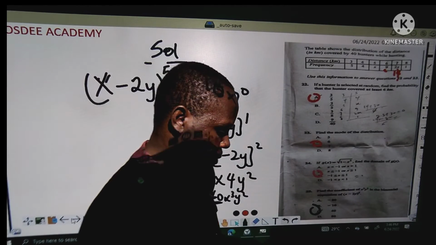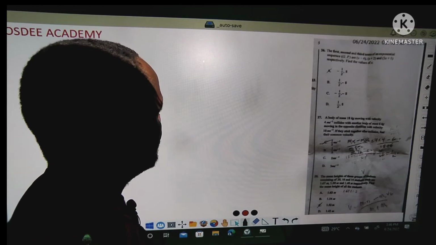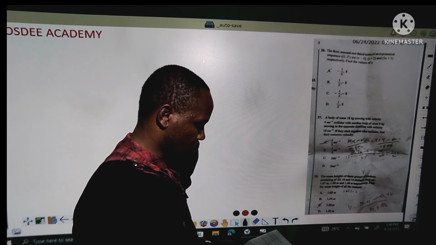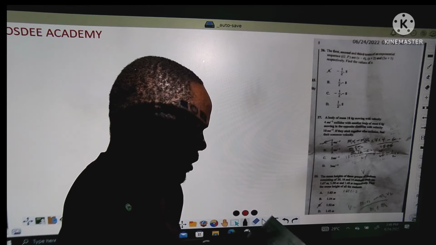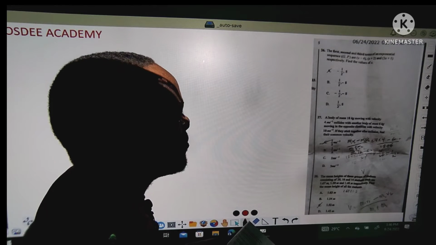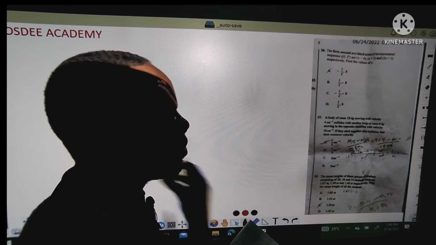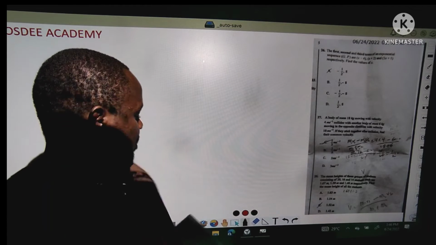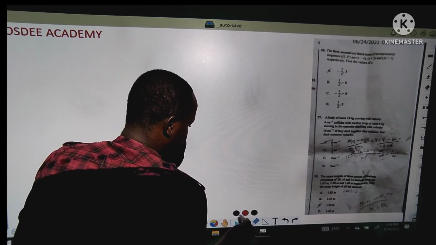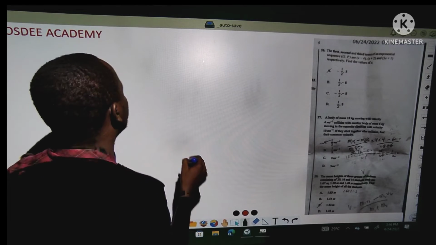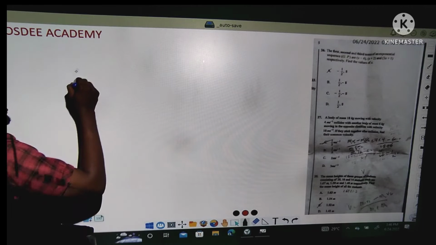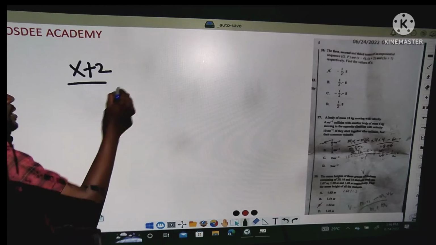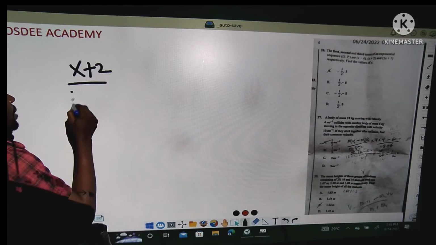Let's just rush the remaining ones. The next question says, wow, this is another problem. I'm reading from here: the first, second, and third terms of an exponential sequence are given. Find the value of x. Since it is an exponential sequence, which is a GP, to get the value you have to say their common ratios are the same. Then what you have here is x plus 2 over x minus 4